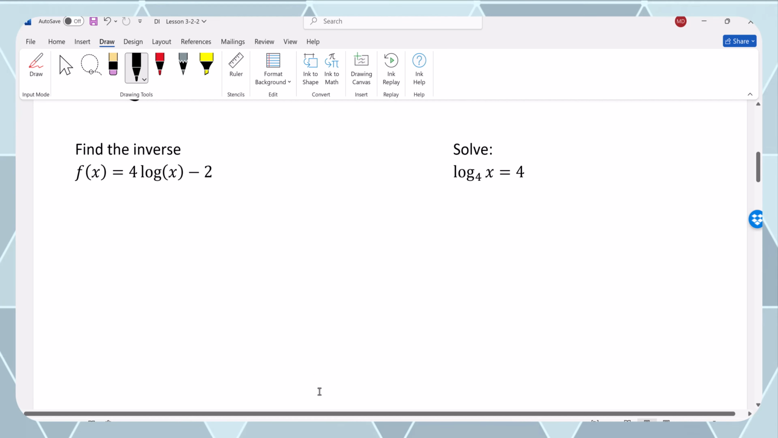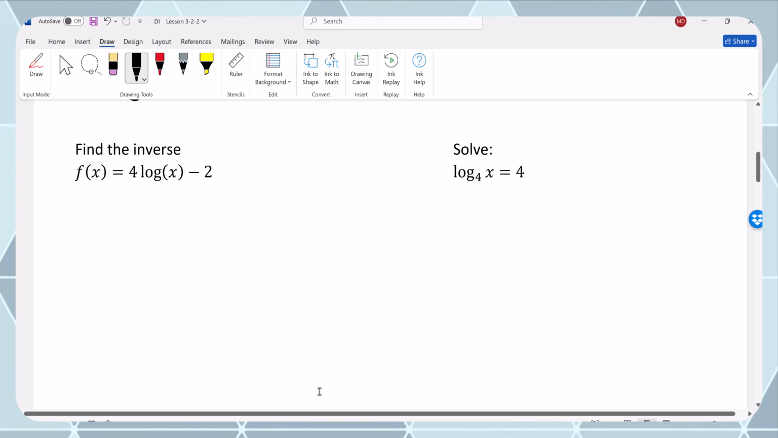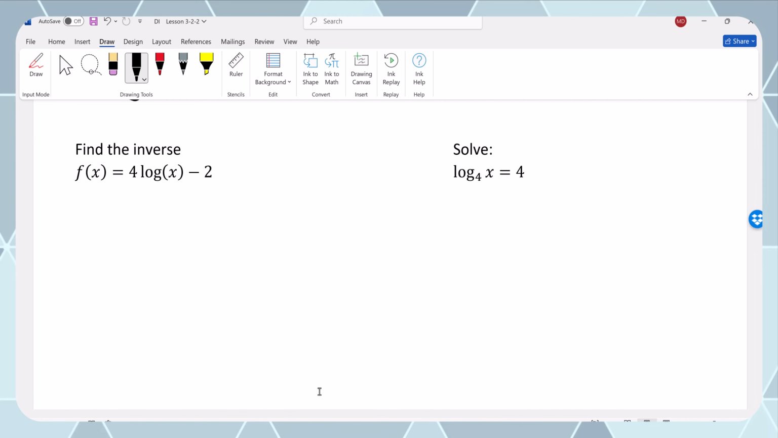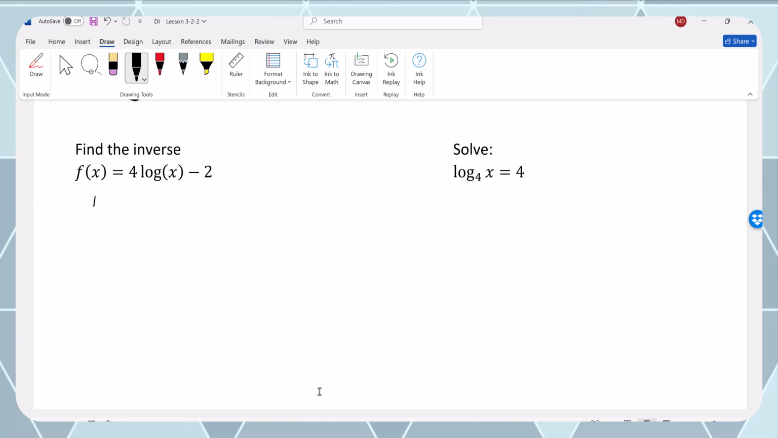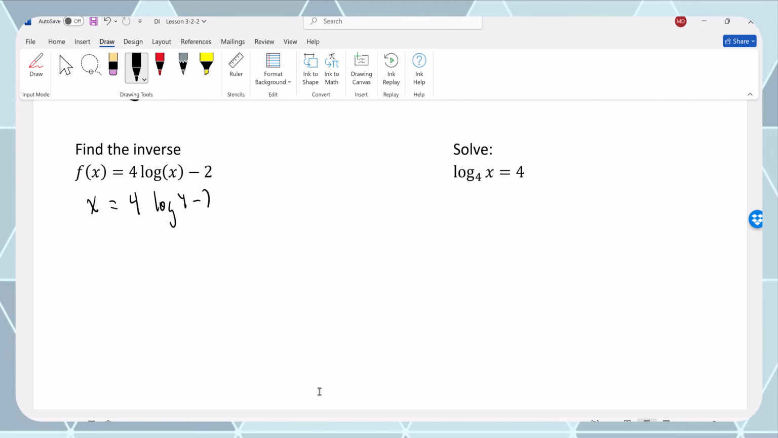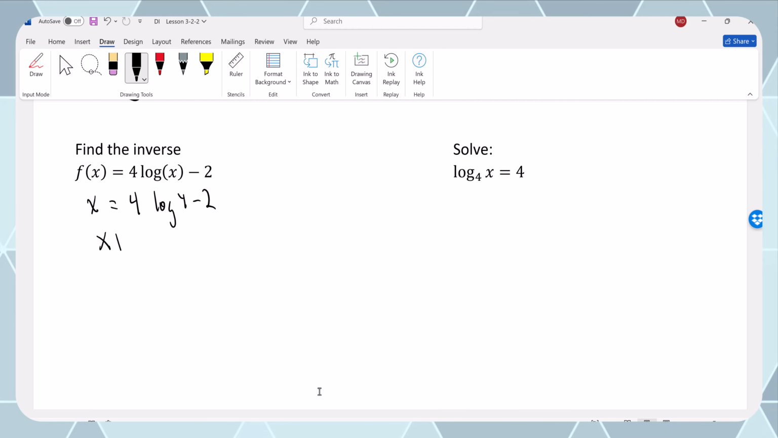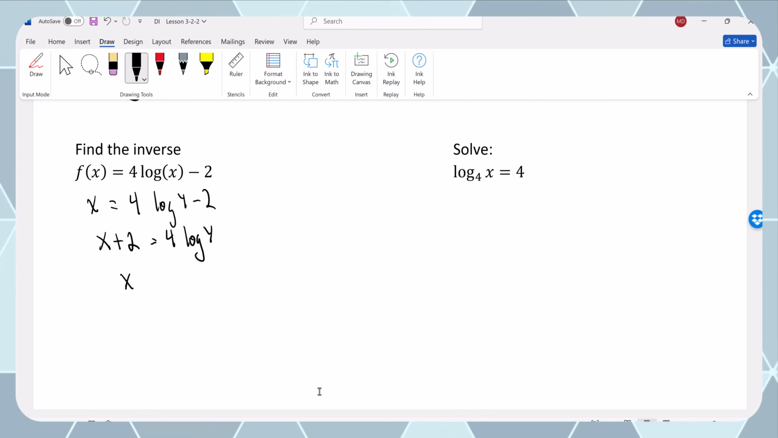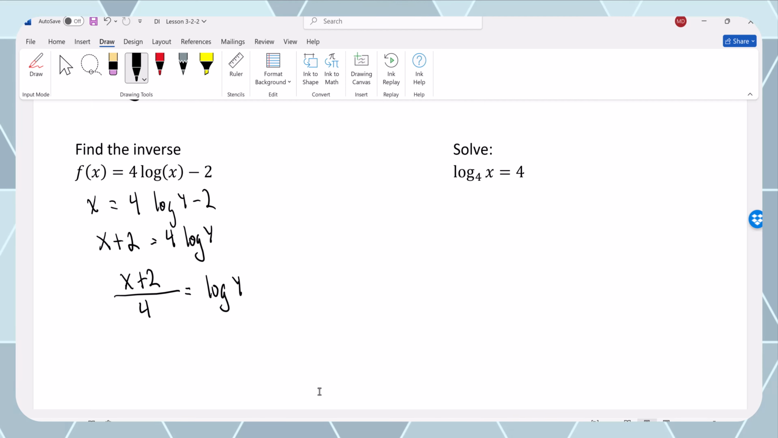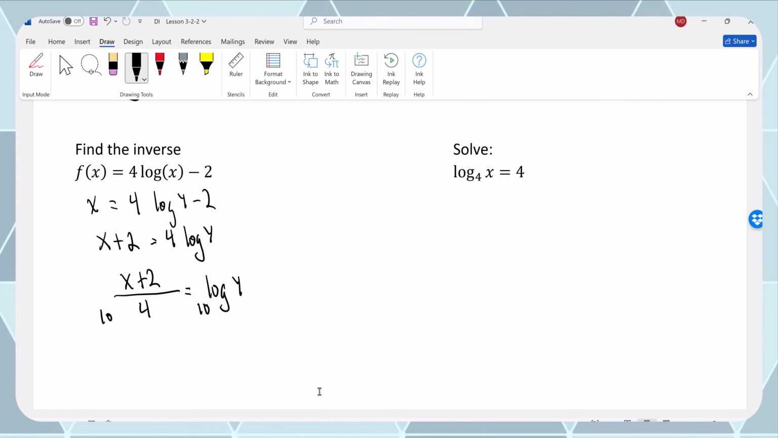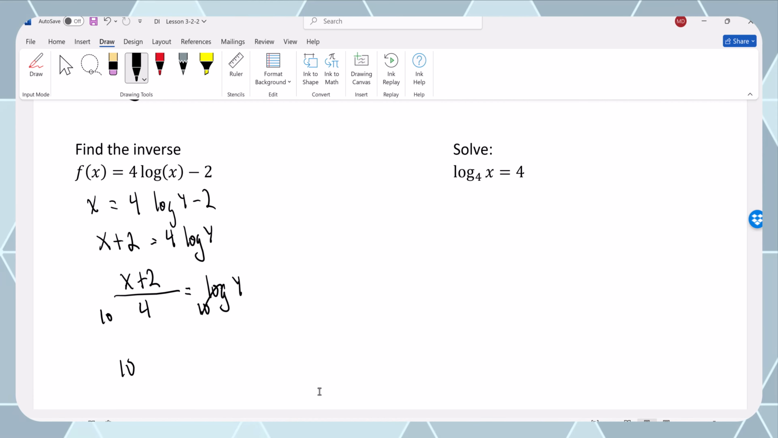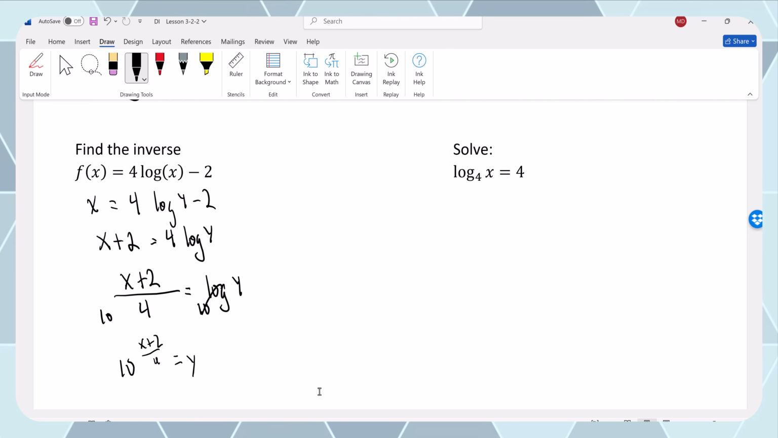Now, when it comes to finding the inverse, remember to cancel out a log or an exponent, we either convert it into an exponential equation or we convert it into a logarithmic equation. So we switch the x and y's, we add 2, divide by 4. Now log is the same as log base 10. So we take base 10 to both sides. So you get 10 to the x plus 2 over 4, that equals y,